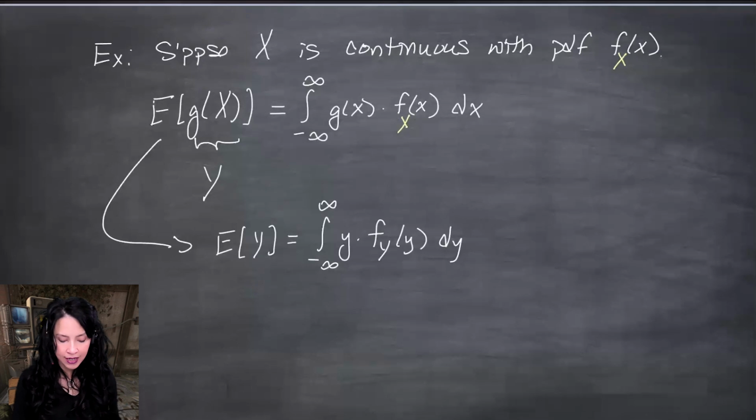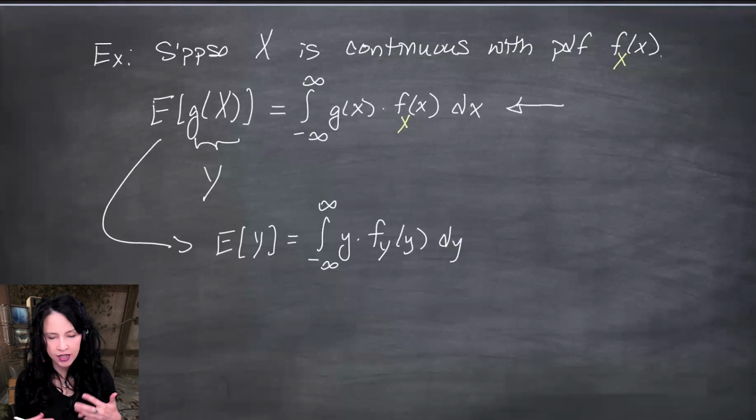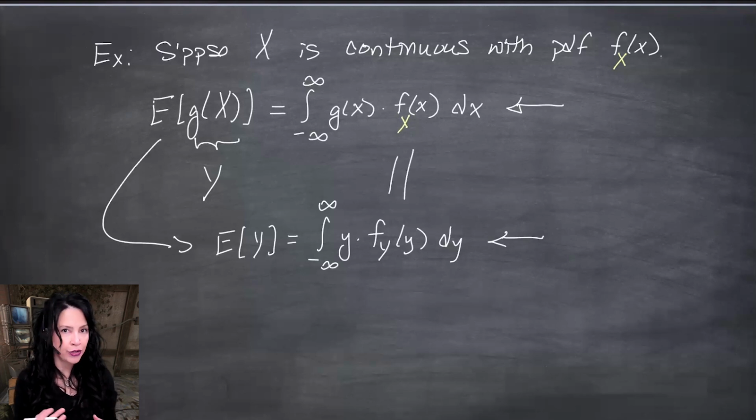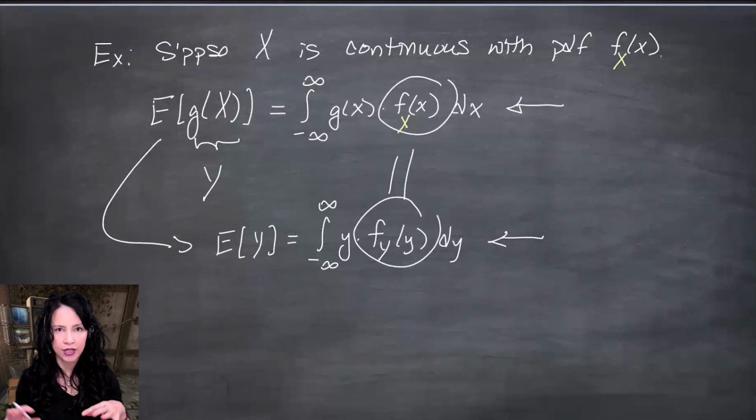So when you see that you have to compute the expected value of a function of X, you could just do this. You could put that function in front of the PDF and integrate or sum over all possible values. But really, that's a new random variable, and it should be this. And we are going to show that these are equal next week, after we have worked on how to transform PDFs. So if you have a PDF for one random variable and you look at a function of it, what is the PDF of the other random variable? We need to know the relationship between this and this in order to show that these two lines are equal.